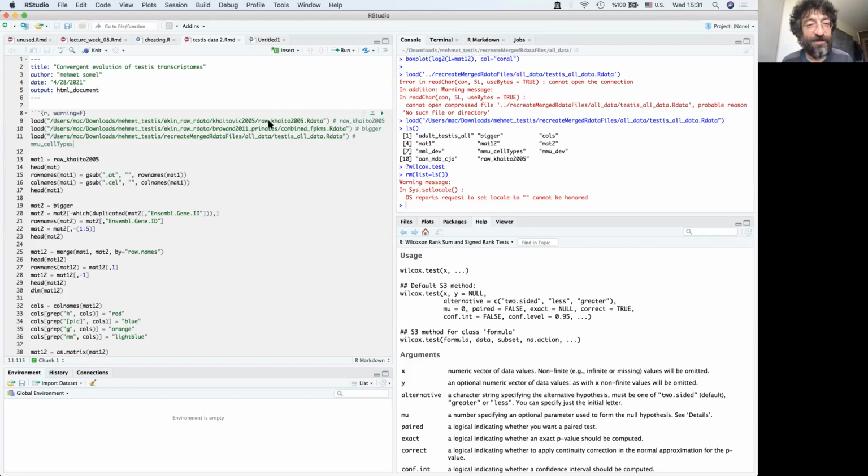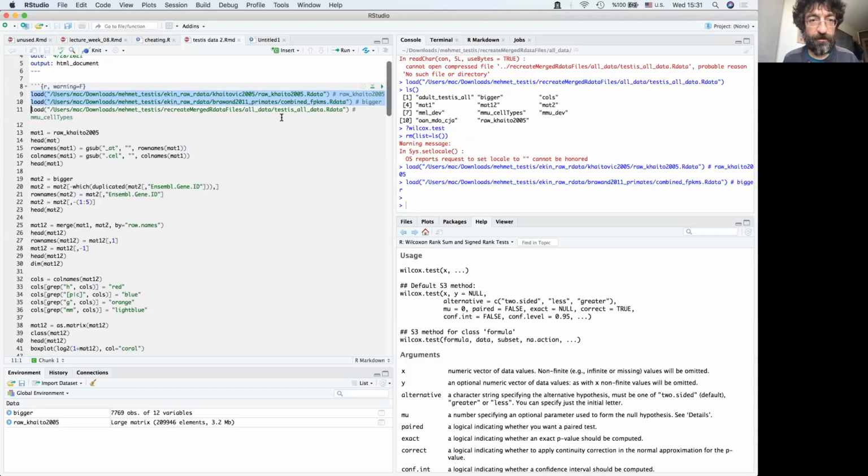But I got from my colleague the two data sets. I load them. So many of you are already familiar with R. I'll also share with you this code. And the microarray data is an Affy data. It looks like this.